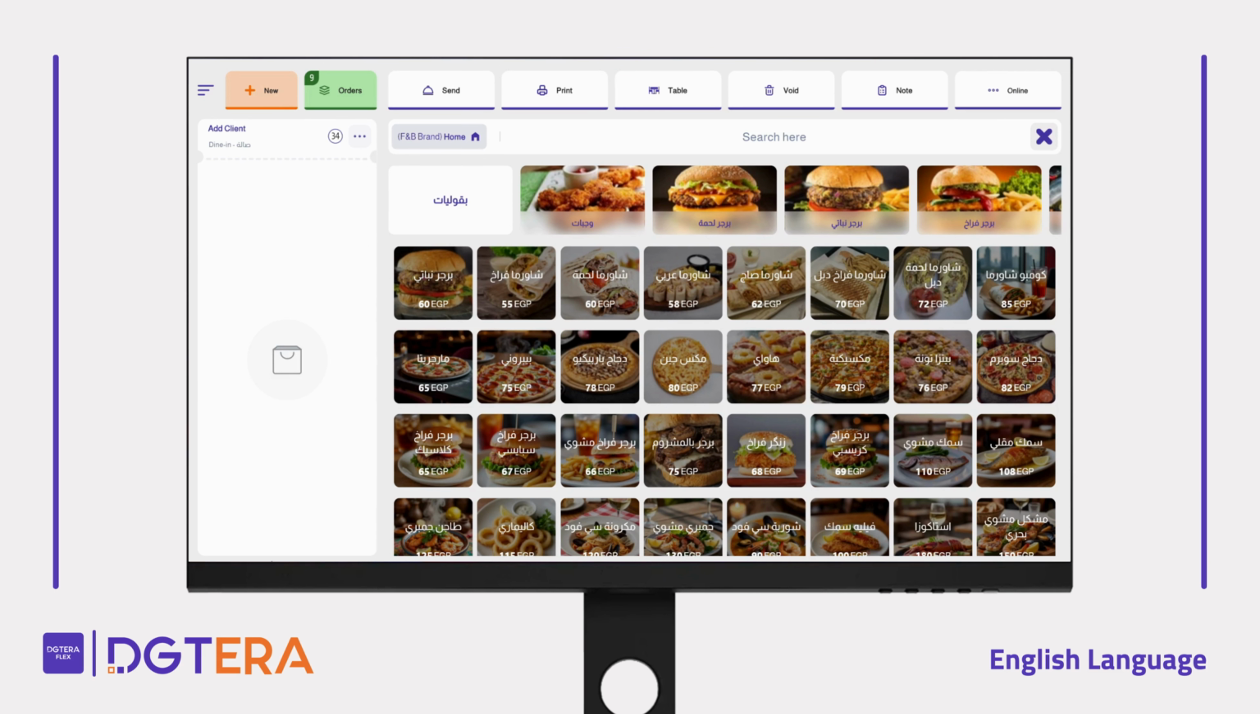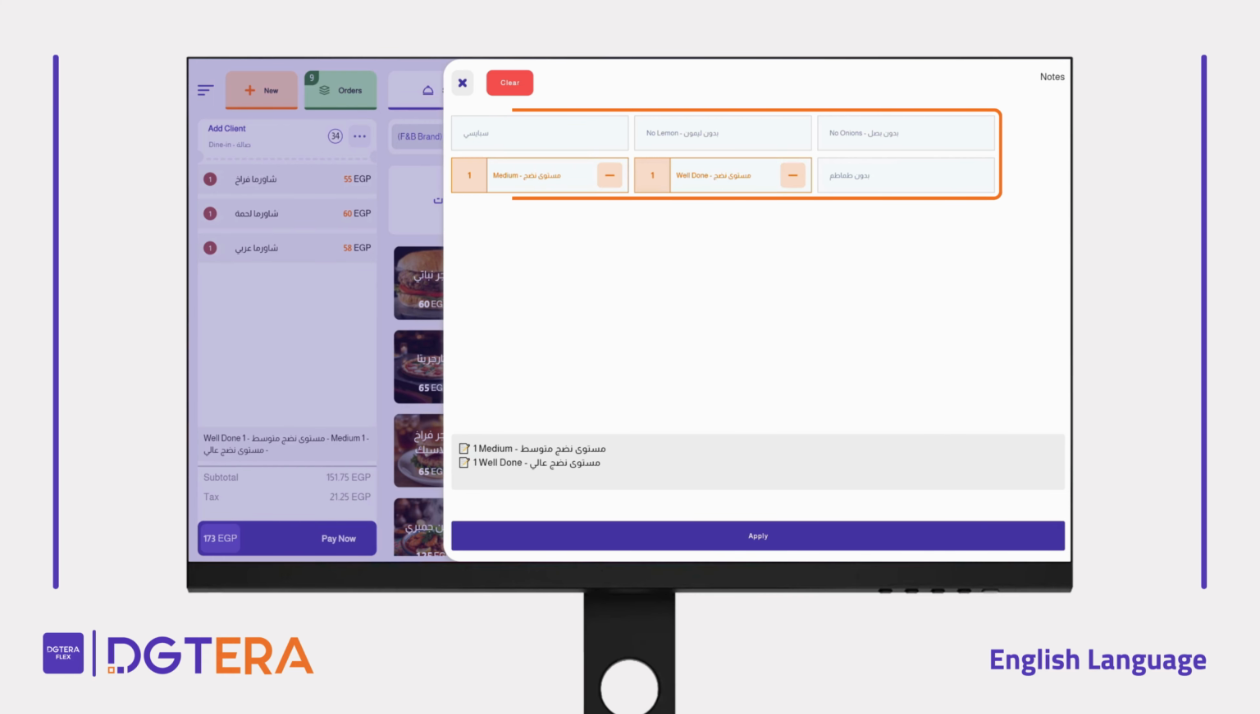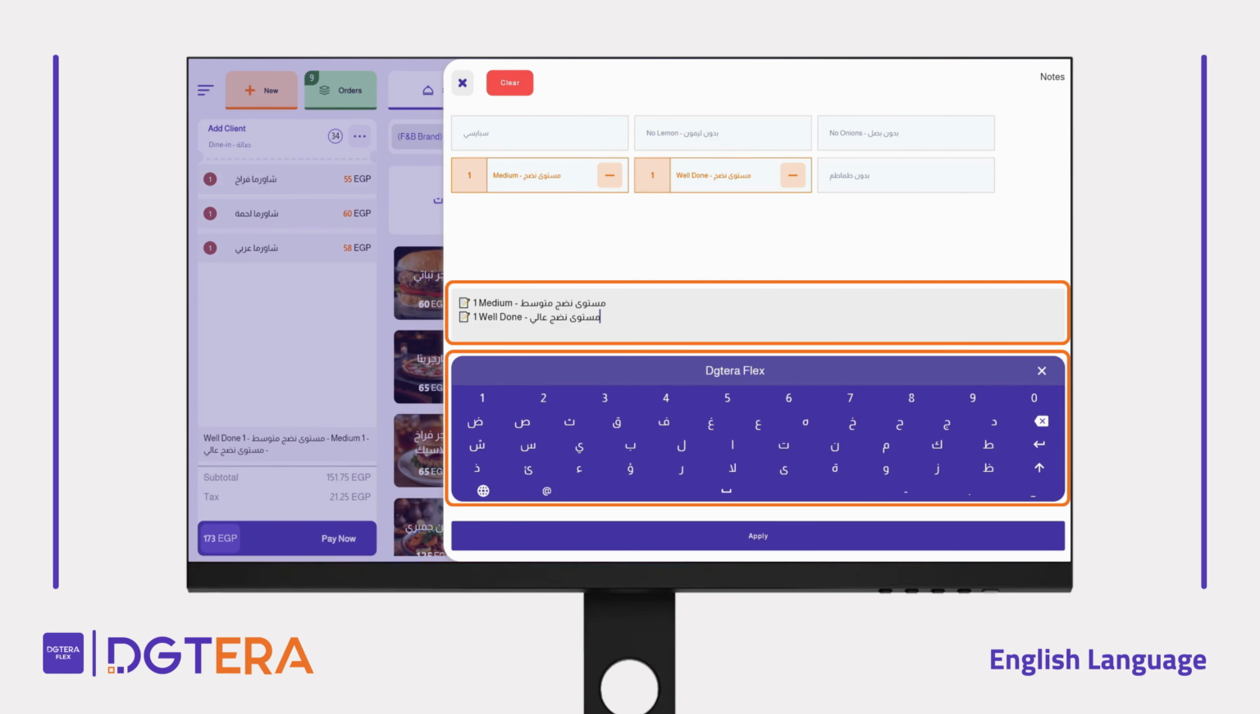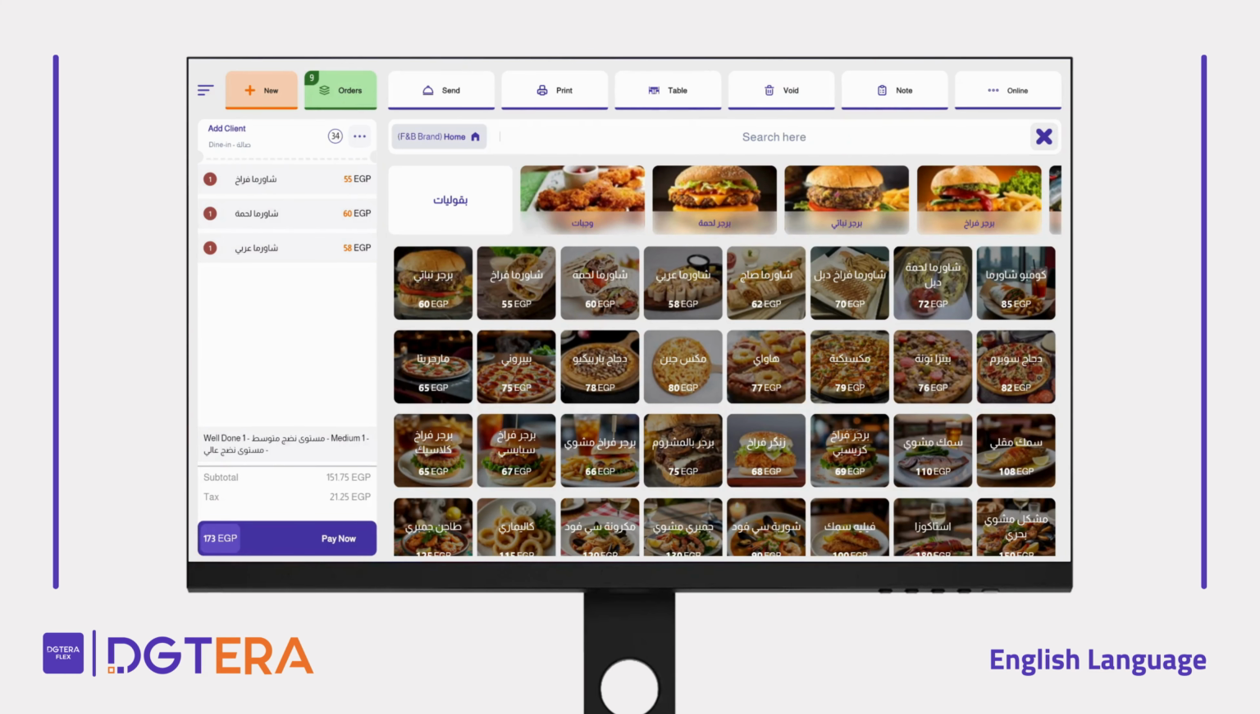If the customer wants to add a special note to the order, receive the order from the customer, then click on the Notes option at the top of the screen. You can select a predefined note from the system or enter a new note in the designated field. Click Apply to add the note to the order, then send the order to the kitchen or complete the payment